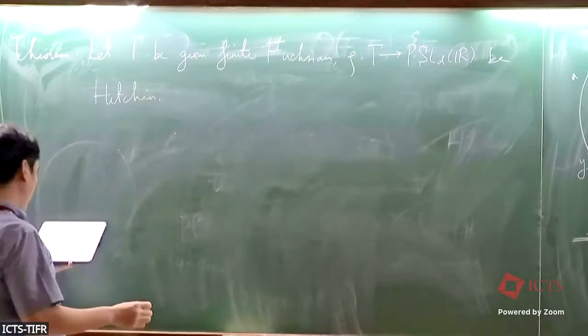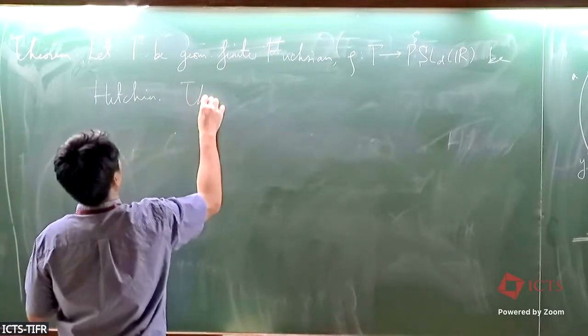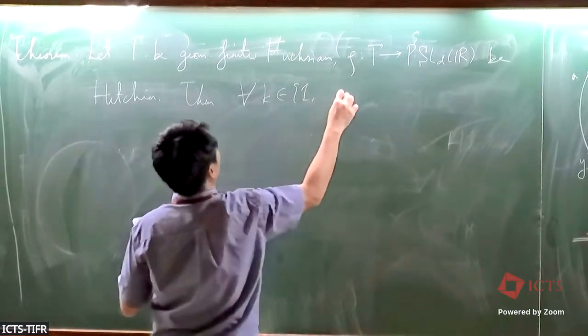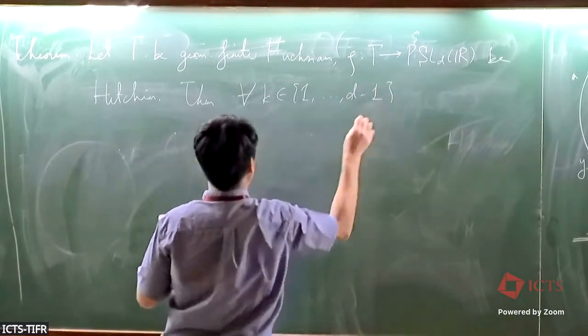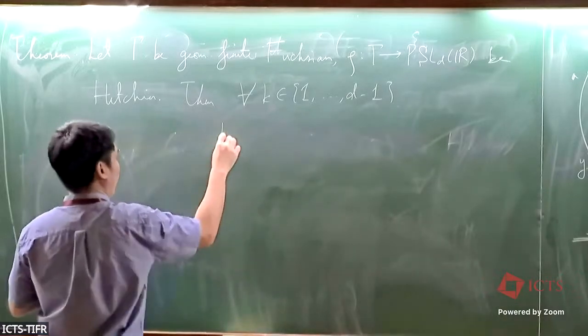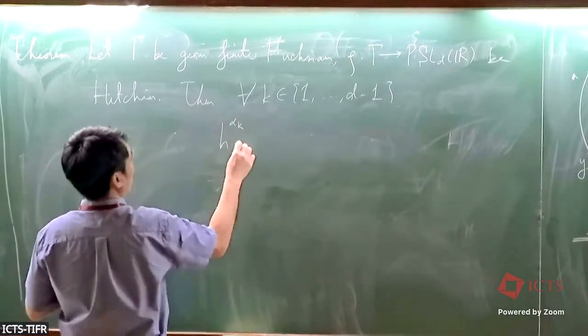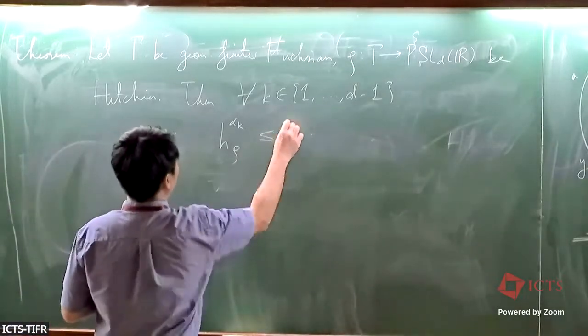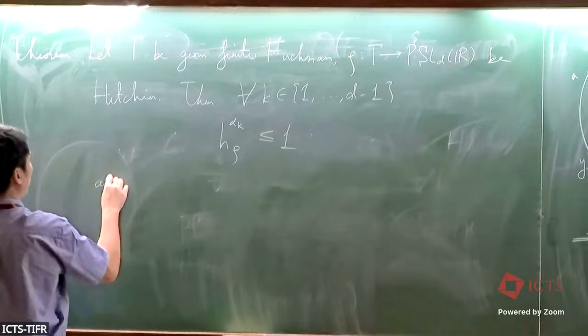Then for any k from 1 to d minus 1, the alpha_k topological entropy of rho is at most 1, and equality holds